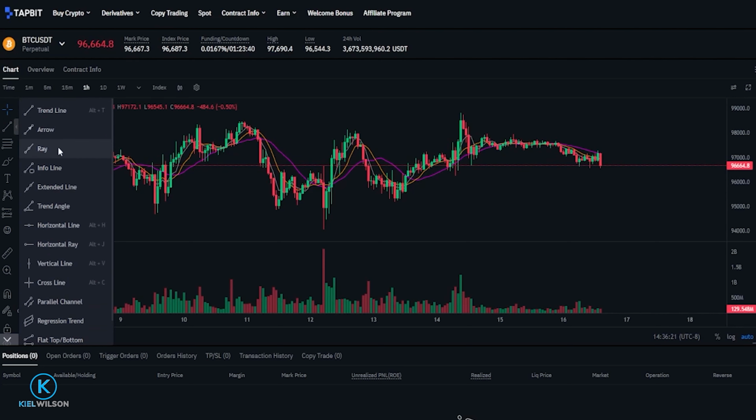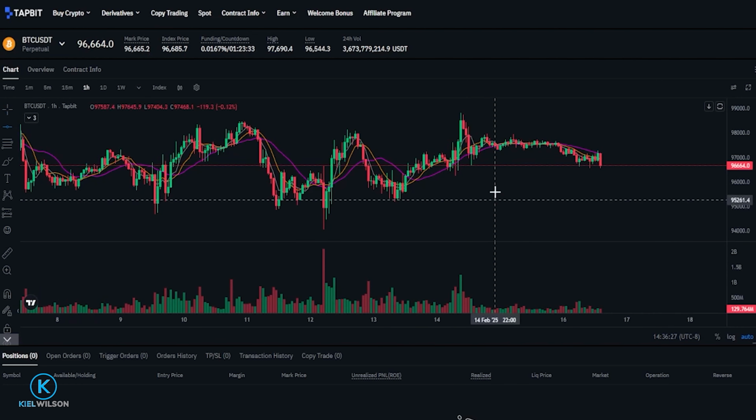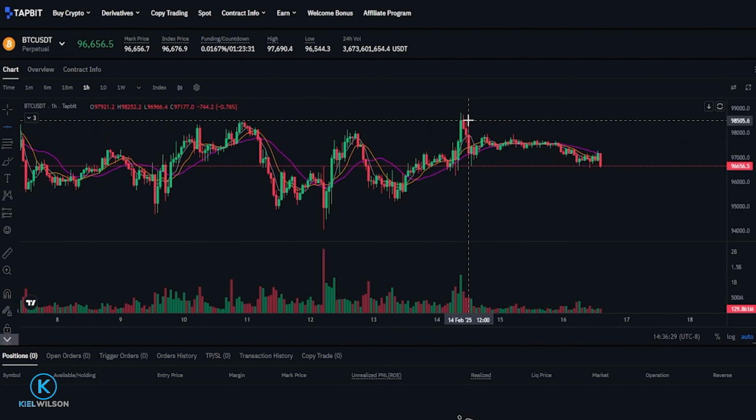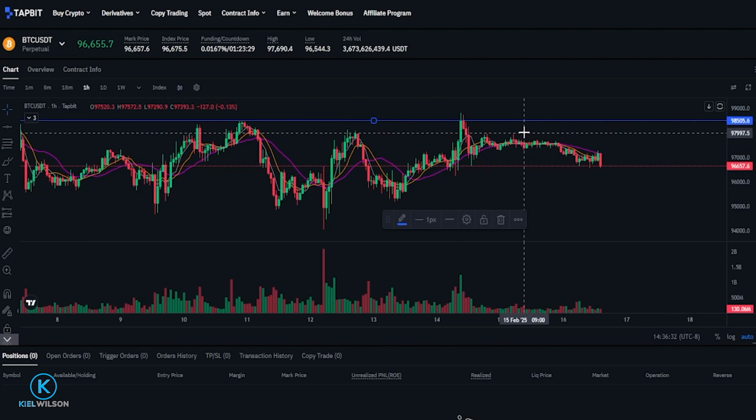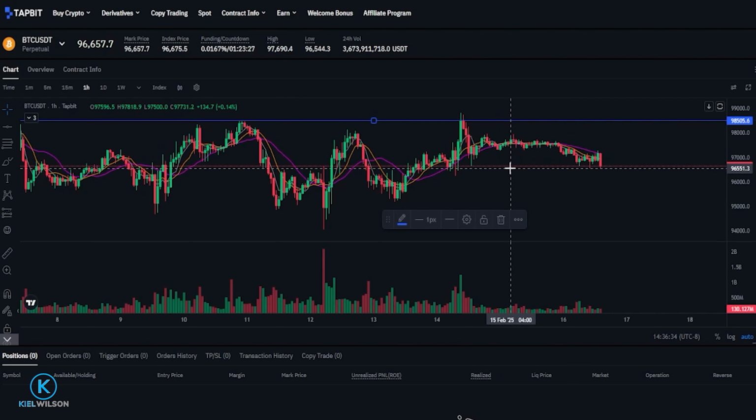If you want to add one of these to the chart, just left click on the drawing tool you wish to add. So let's go ahead and do a horizontal line. I'll left click on that. Now we can come over to the chart. I'll just go ahead and click right here on these candle bodies. Now, as you can see, I just added a horizontal line, marking out a little bit of resistance on the